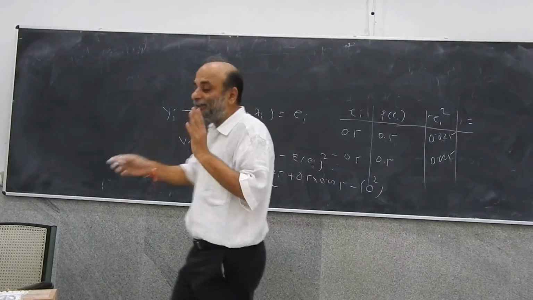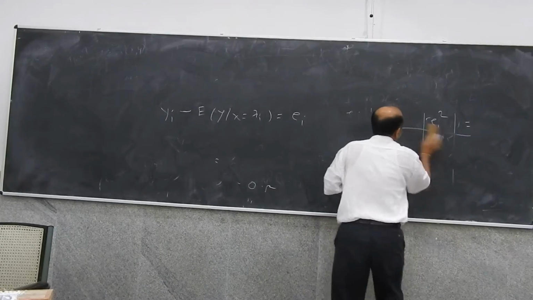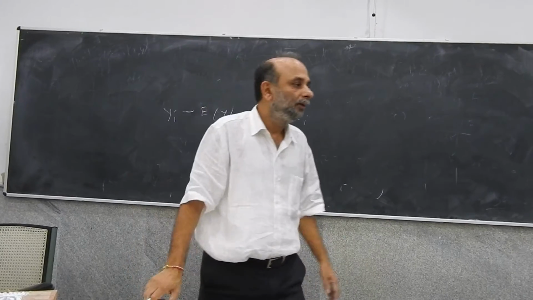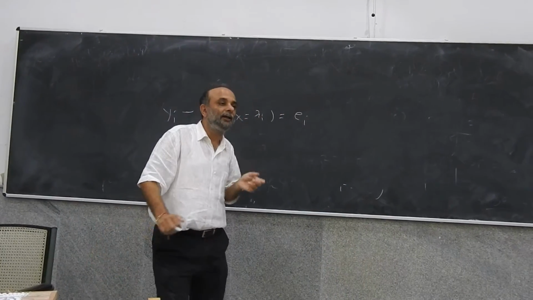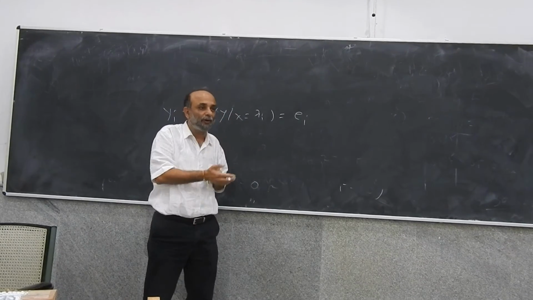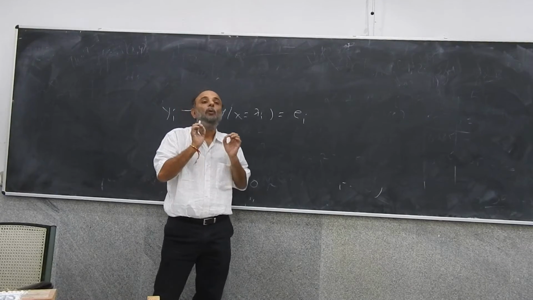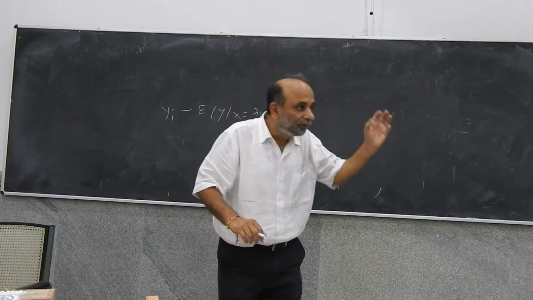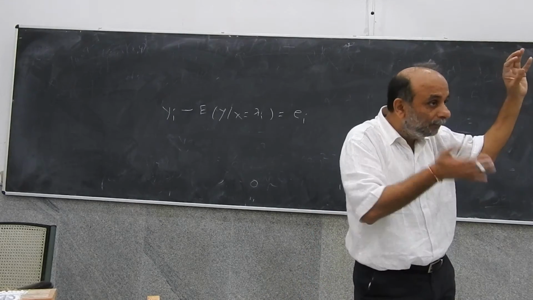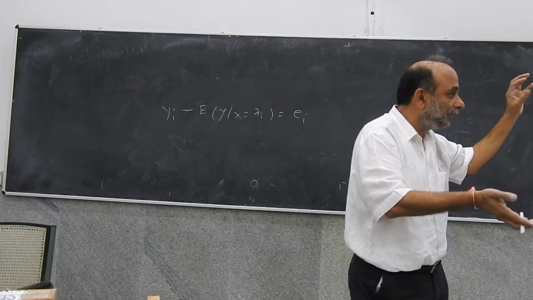Now, what we are going to say in general is, now the most important step. So what is ei? Can you quickly summarize what is ei? We heard it is the error term, but what does it mean? I don't want a name for it, I want its meaning. It is the difference between the actual outcome of a random variable and its conditional mean, which is a pure element of chance, governed purely by chance.